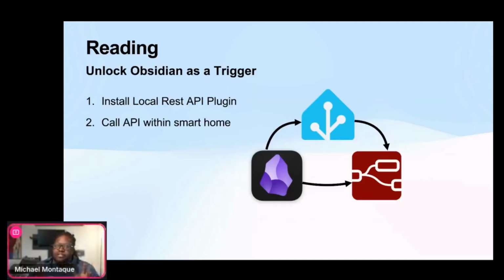So to show you how you can get this started, we're going to be using Obsidian as a way to trigger your automations, as well as to make it generate commands. And we're going to do this via the Local REST API plugin. I think someone within the community, I don't remember who, put me onto it. But this plugin definitely simplifies a lot of things and makes what you're going to see possible.